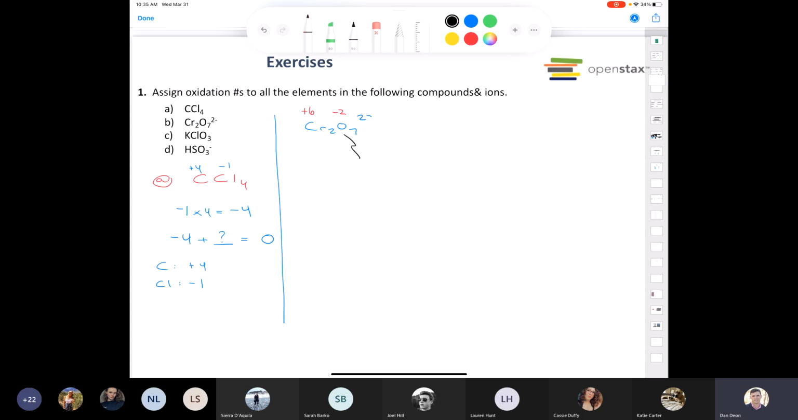They said the oxygen is always -2 unless it's combined in something like hydrogen peroxide. So we have -2 and we have 7 oxygens. So -2 times 7 gives me -14. Well, overall, the charge of this polyatomic ion is -2. So that means that -14 from the oxygens plus something gives you -2 for the whole molecule, right? And that something is going to come from the chromium. Well, the answer to that something is